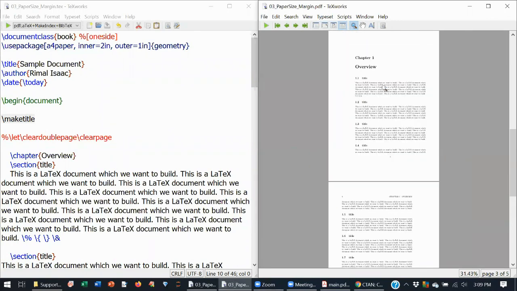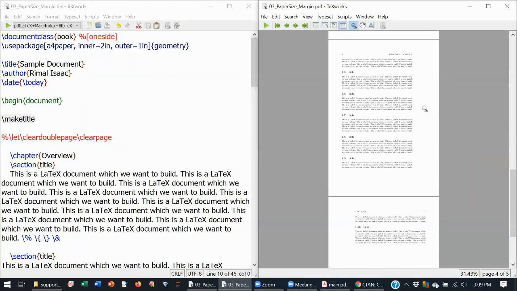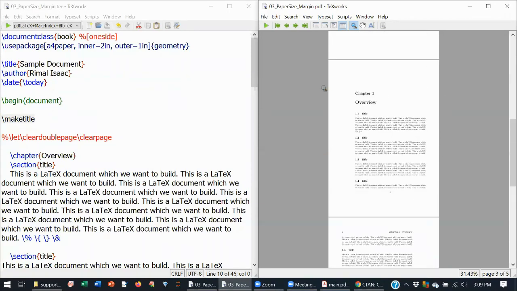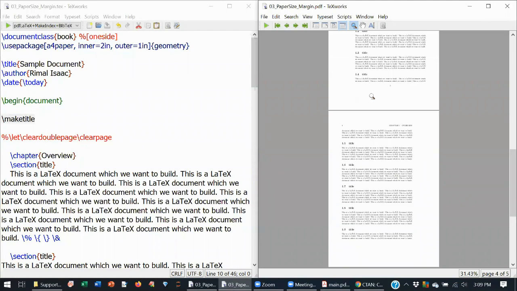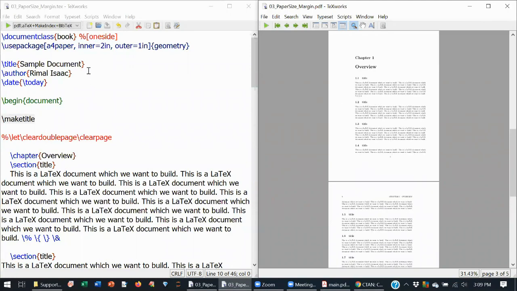You can see in the second page the left margin is big, and in the third page the right margin is big. This is because you are using this book class. This is a two-sided document. The default book class will create a two-sided document like this, where the margin will be different. So if you want to create a one-sided document, you have to give an argument inside this square bracket, like oneside. Okay, and if you compile,